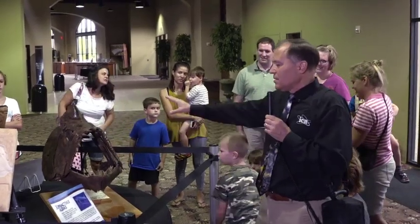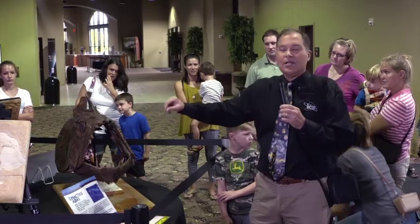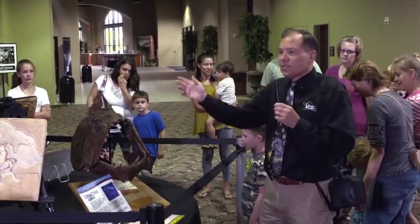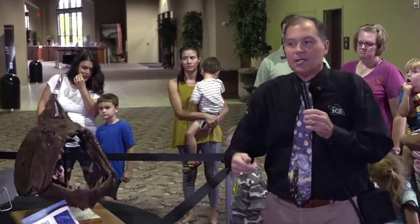And this is very common in the rocks in Kansas. They find these in the flood rocks in the middle of Kansas. So how do you get fish in the middle of Kansas? Well, the flood easily answers that question. It mixes them with dinosaurs. So even our dinosaurs are mixed in with marine fossils. The T-Rex we